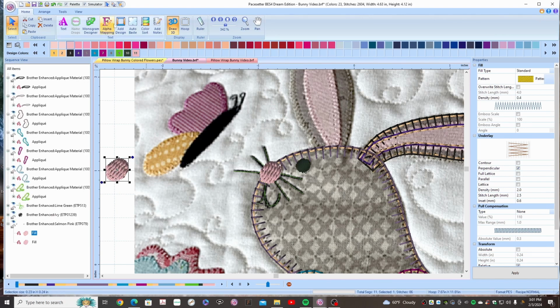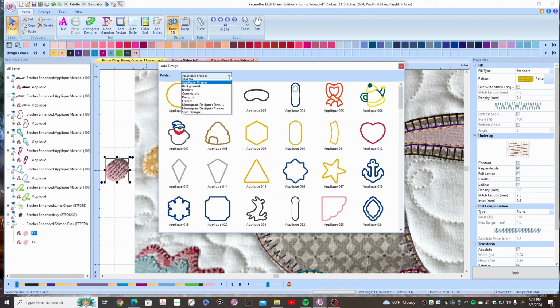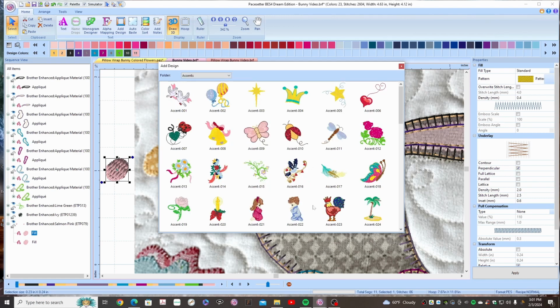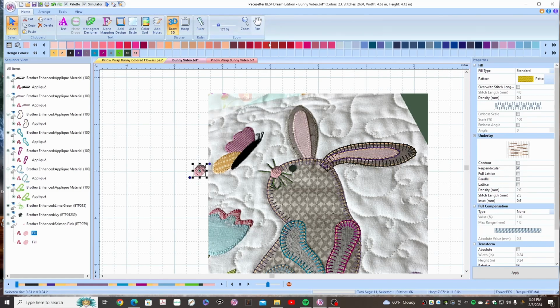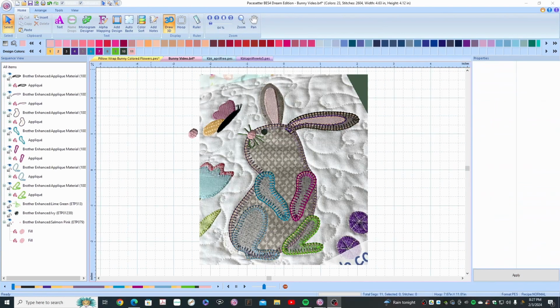So I utilize these add designs things in here, and there's also more. You've got accents, all kinds of different things here. These little swirly things for the balloons make for some nice little add-ons sometimes for flower stems. Okay, so let's see here. Let's shrink this up a little bit. And where are we now? Okay, so now,